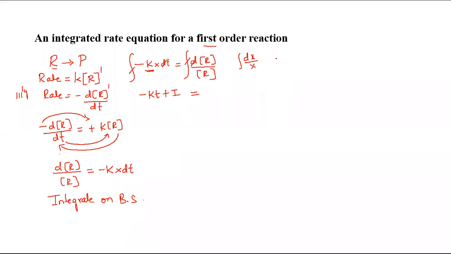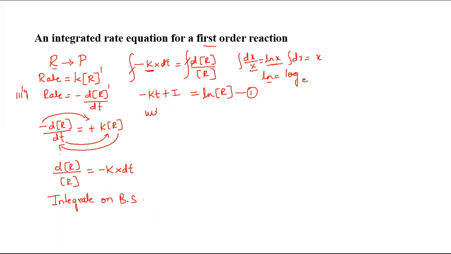If it was just integration of dx, what would the value be? It would be x. Integration of dx is equal to x, whereas integration of dx by x will be equal to ln x, that is log to the base e, natural logarithm. Because here there is x in the denominator, with respect to x, integration of dx by x becomes ln x. What is ln? ln is nothing but log to the base e, natural log. We express it as ln. Therefore, what are we going to get here? ln, instead of x, what do we have? R. Now consider this as equation 1.